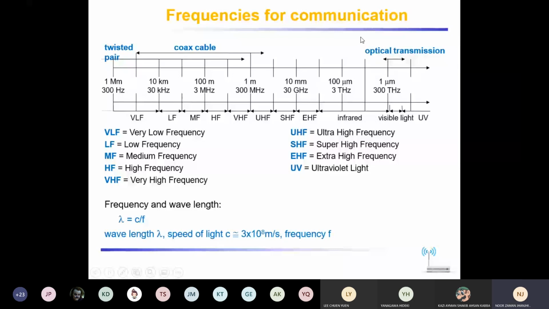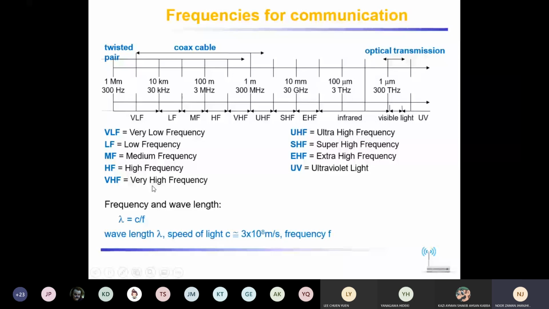And if you go to the top, you can see this range is for the twisted pair. What is the twisted pair? The twisted pair is the Ethernet cable, the network cable that we use in our machines, in our labs, at home. That's known as the twisted pair, meaning Cat5, Cat6 and so on. We're not going there at this stage. So this range is for this one, and now you know what frequency we use with twisted pairs.